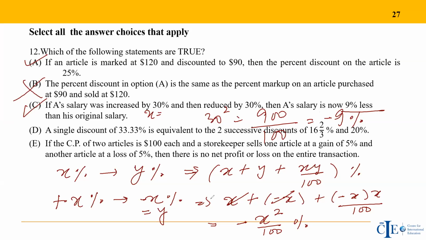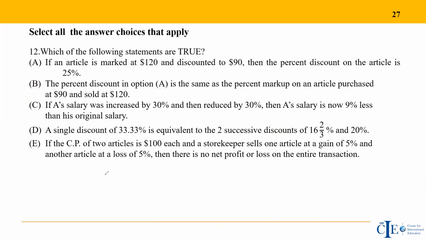Right. So whenever you're having a successive percentage change of first increase and decrease by the same percent, you'll always have a reduction of x square on 100%. So this is like, a tradesman increased the selling price of his article by 25%, and then later on he decreased it further by 25% due to fall in sales. So first he increased by 25%, sales reduced, then he reduced by 25%. Whether he's making profit or loss as compared to the original price.